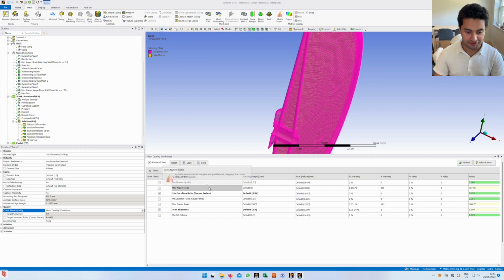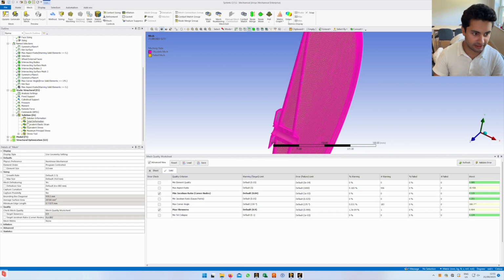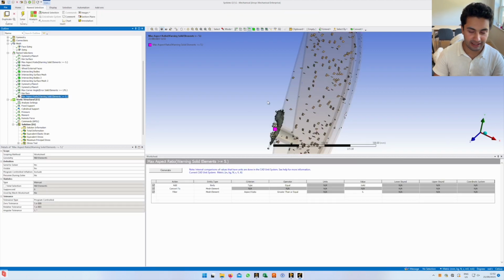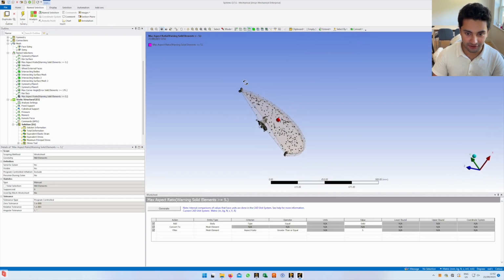So a really high value just means it's really being distorted and it's not going to provide the most accurate analysis. If you right click here, we can then select show warning elements. That then, it looks like it does nothing, but it actually creates a new named selection. It'll be at the bottom. And now if we click on that, it highlights all of the elements in the model where we've got some